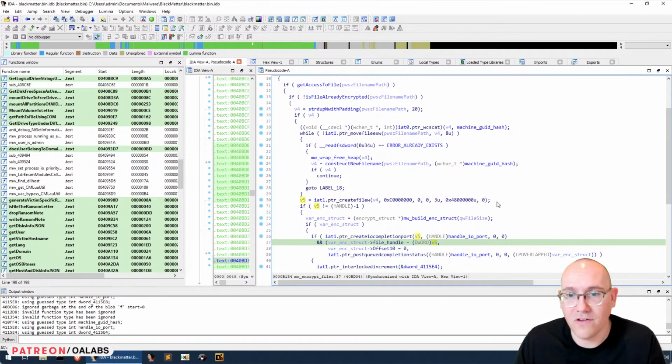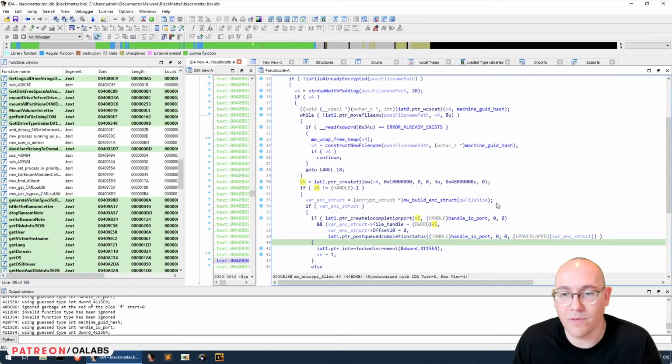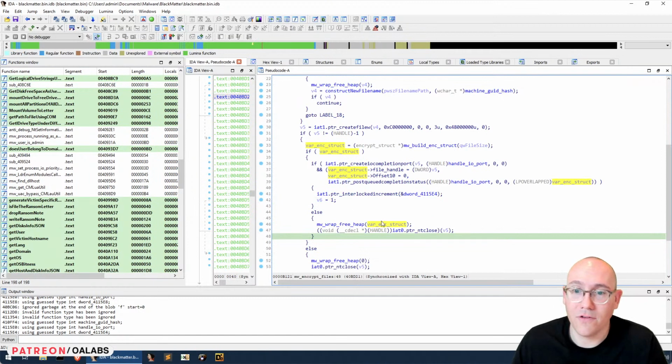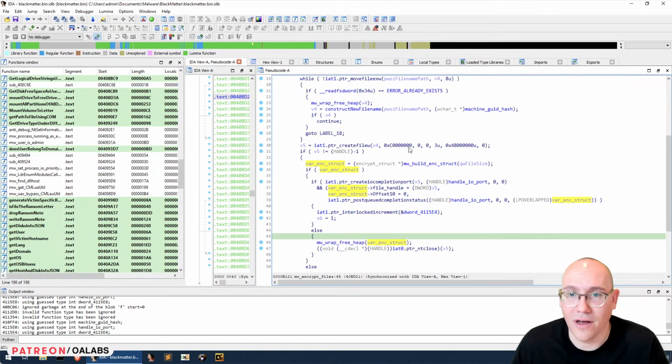And so when you're reverse engineering anything that has asynchronous communication between two threads, especially like the IO completion port, the first thing you want to do is cast all of your overlapped as a single structure, and then that way you can mark up the structure in one and read the structure in the other. So the way this works is dead simple once you have the struct enabled, where they build